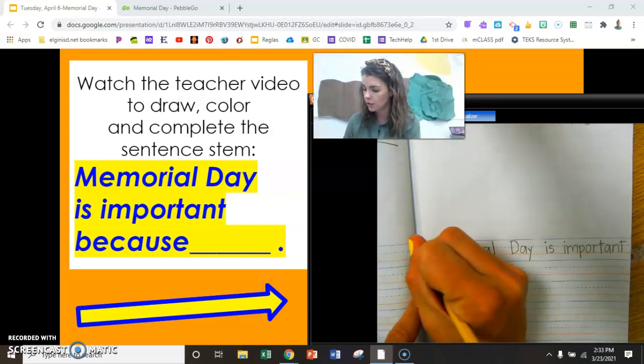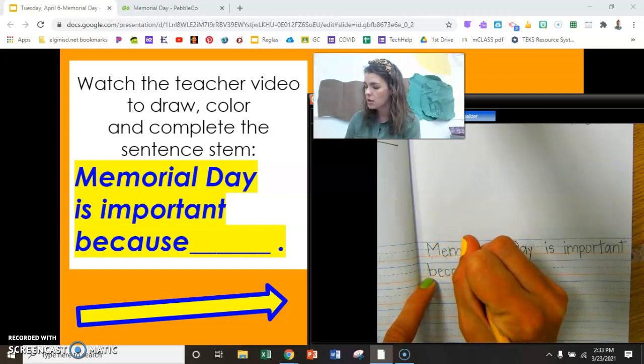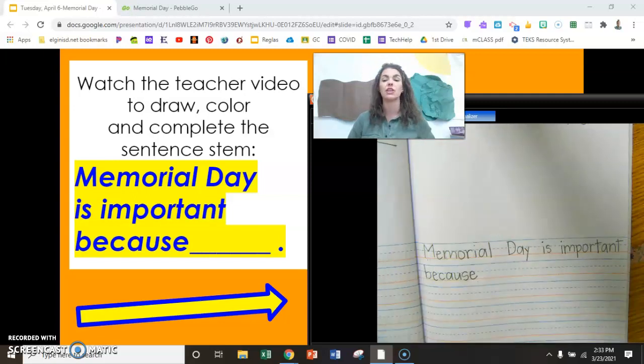Because. That sight word we use all the time. B. A-U says aw. Silent E on the end. Because blank. Let's read what we have so far. Ready? Memorial Day is important